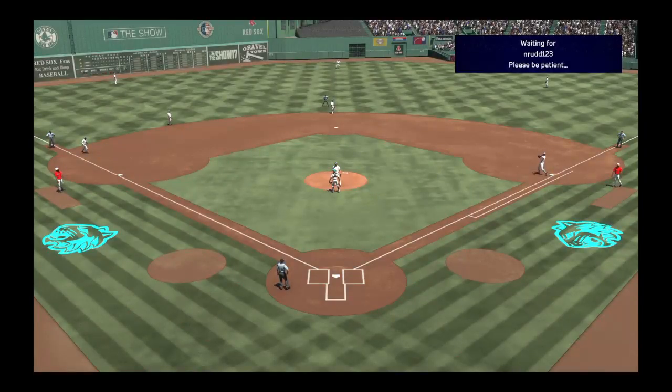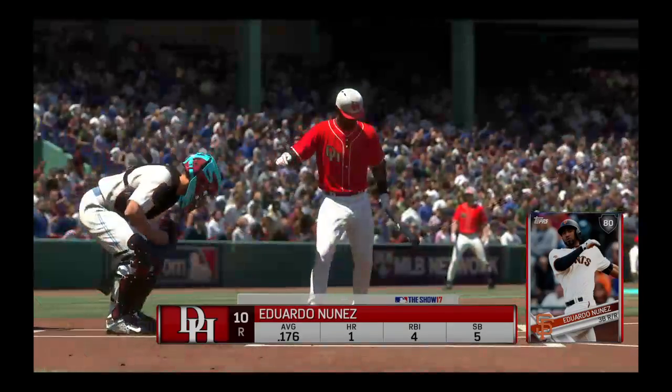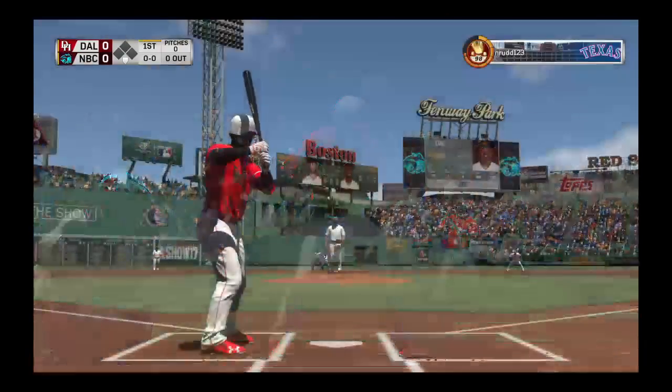From the oldest park in baseball, MLB The Show comes your way from Fenway Park in Boston. Should be a good one today in Diamond Dynasty between the Heat and the Bobcats. It's baseball on the show, and it's coming up next. Stepping into the box, Eduardo Nunez, and we are